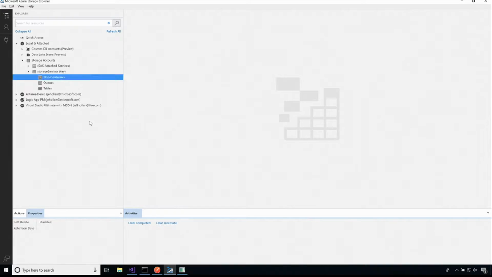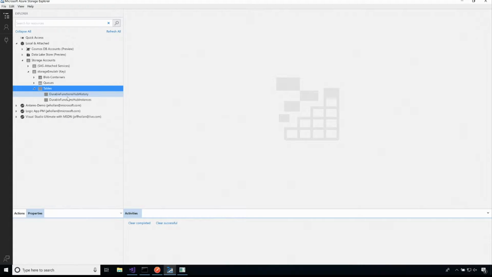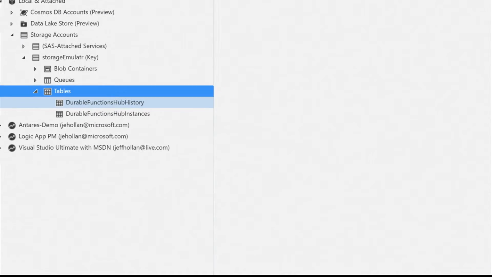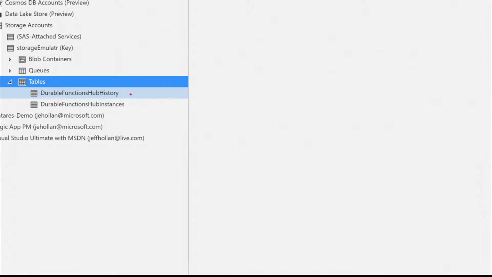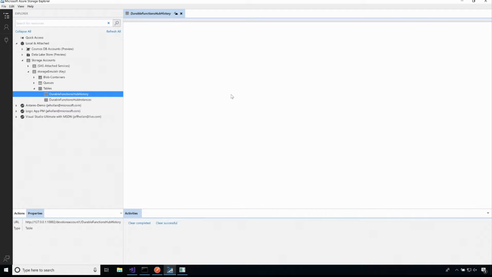Let's come back over here to our storage account and refresh it, because we should see that a few things got created. The first thing that got created is in our table storage, and I'll zoom in here a little bit so you can see a little bit better. Durable Functions Framework actually created some tables to store things. So one of them is a table that keeps track of all of the instances and their status. And the other one is that execution history so that the durable function knows what it's doing and when. So let's go ahead and open up that execution history.